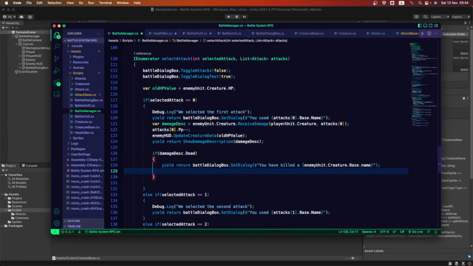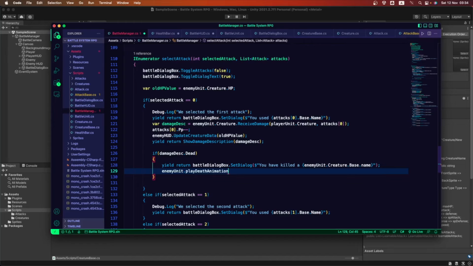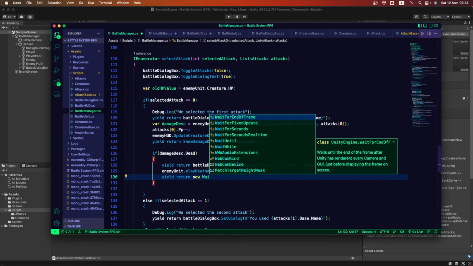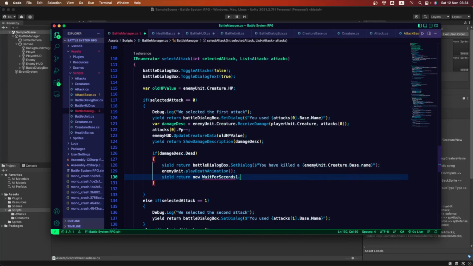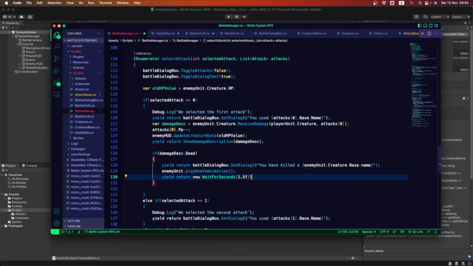After that, we want to set the enemy unit to play the death animation of that creature we just killed, and we want to yield return new wait for seconds, and let's wait for 1.5 seconds.